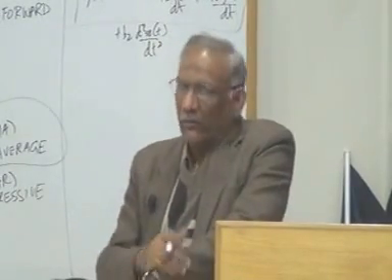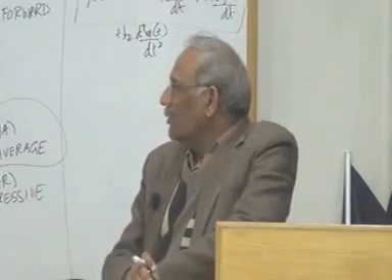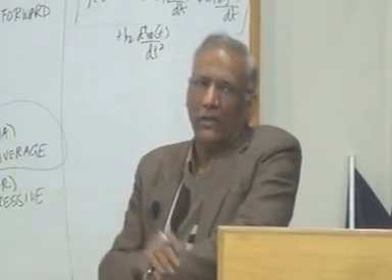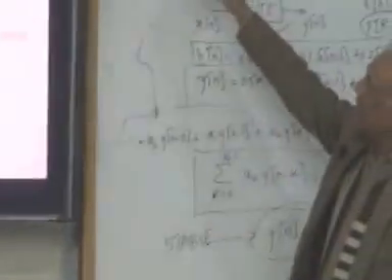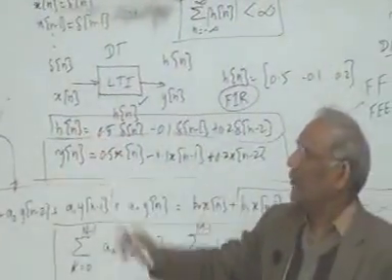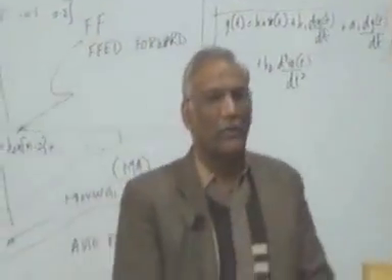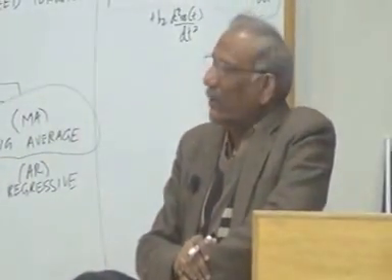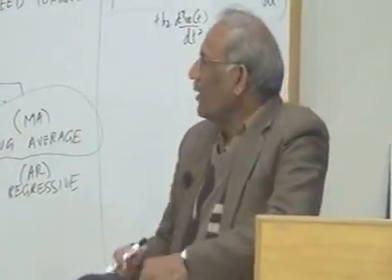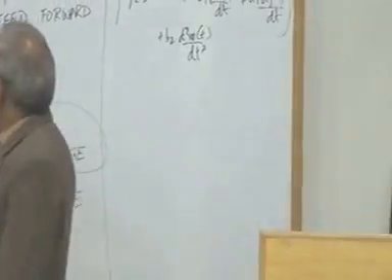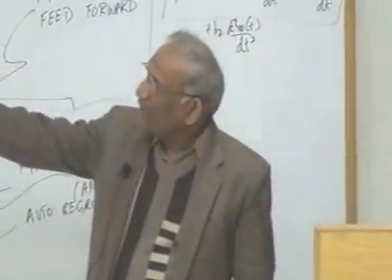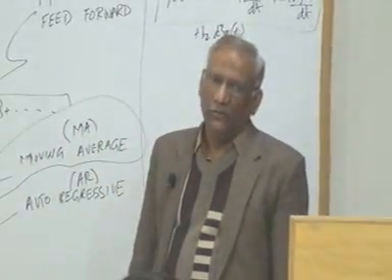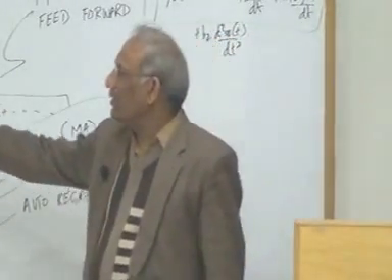There is an indirect way, we will see how we actually do that. So we can still find out h of n, but not directly. It will not be as simple as just plugging in this replacement, taking x of n as delta n, and the output y of n becomes h of n. So we cannot do that simple thing and find out the output. With autoregressive, or a combination of autoregressive and moving average, we cannot do this replacement and easily get the impulse response.